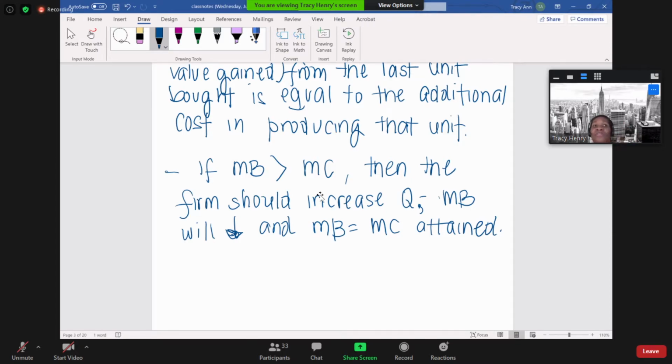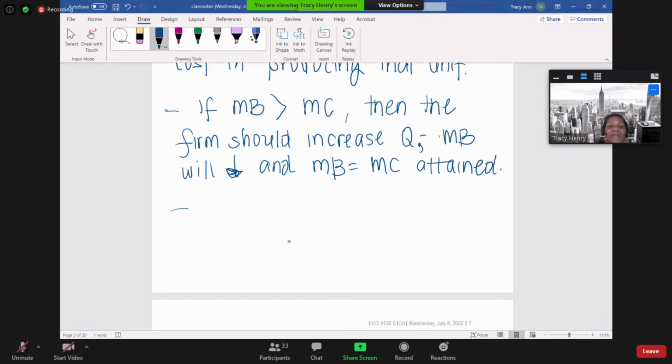So not only should you produce that unit, but you should produce an additional unit because marginals, as we learned all the way back from marginal product, work like this: my marginal benefit, or the satisfaction I'm gaining from it, will decrease as I get more and more. So my marginal benefit is going to decrease as you increase your quantity until marginal benefit equal to marginal cost is attained. But if your marginal benefit is less than your marginal cost,